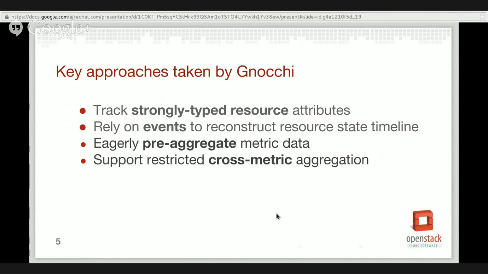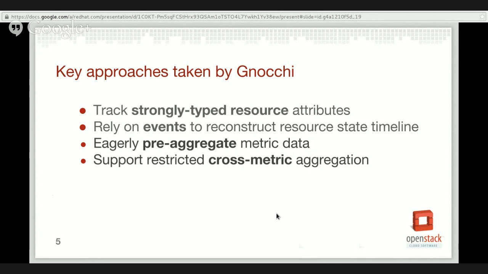Okay, so to return to the key approaches taken by Gnocchi. One of the really central ideas here is that when we represent a resource in Gnocchi, we do so via a strongly typed representation of that resource. So instead of just, as we do in classic Ceilometer, taking the generic aspects of the resource, those being predictably present, such as a user ID and a tenant ID, and then having a big bag of free-form metadata associated with that, instead we define upfront in the actual schema what data we store